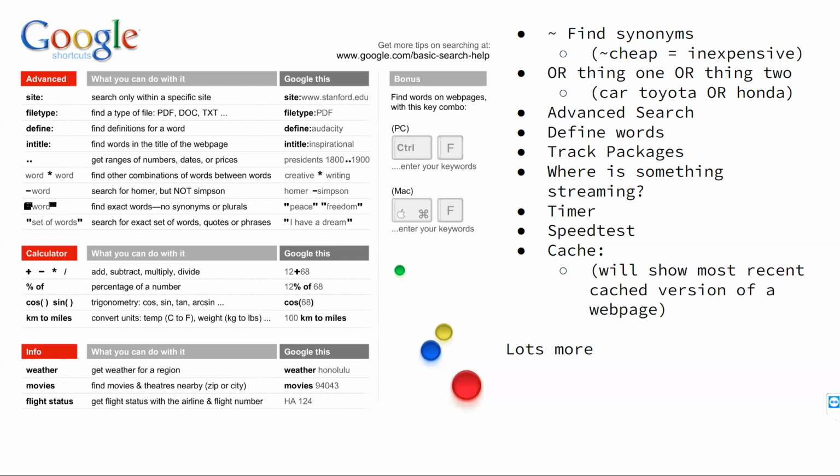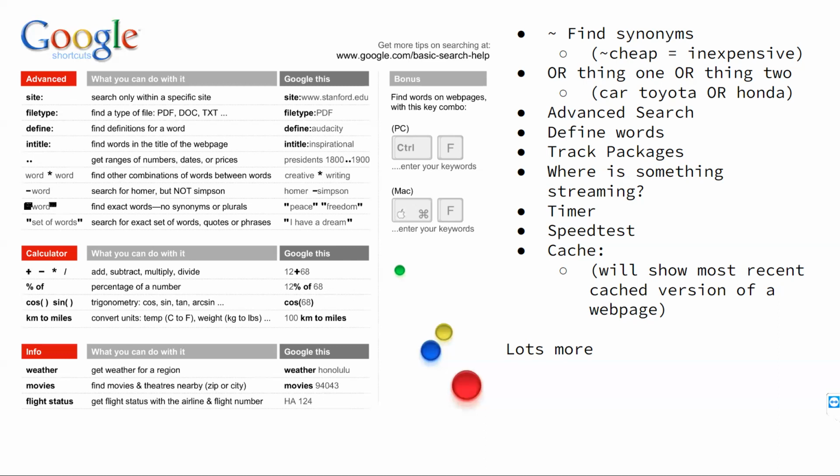And again, on the right-hand side, there are some more options. Advanced search. This is not using any sort of keywords. This is an option in Google, and we'll go over that whenever we kind of go through a search. But it allows you to do things like search for a certain resolution picture. It'll allow you to specify a date range. It will allow you to do a lot of things.